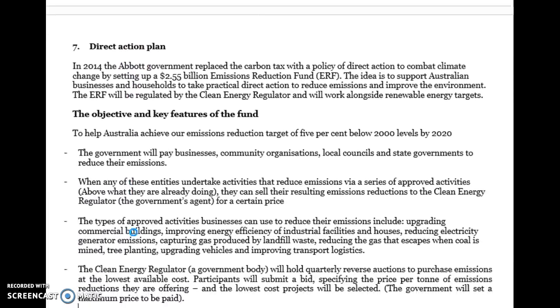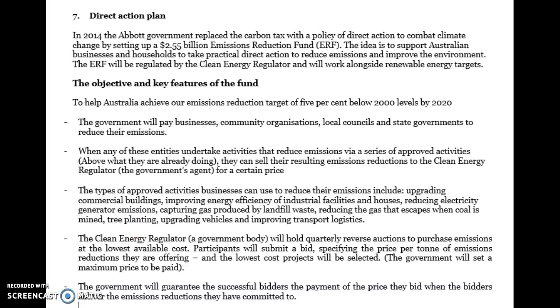Direct action plan. Direct action plan, learning this is not a choice thing. It's the only current government policy that we've actually looked at this year. So if you do get asked for a current policy, and it is the last year of the study design, so it is possible, you need to be able to talk about the direct action plan. So go back, have a look at your notes if you haven't looked at it, make sure that you can articulate in 2 marks exactly what this direct action plan means, and say things like it's a $2.55 billion emission